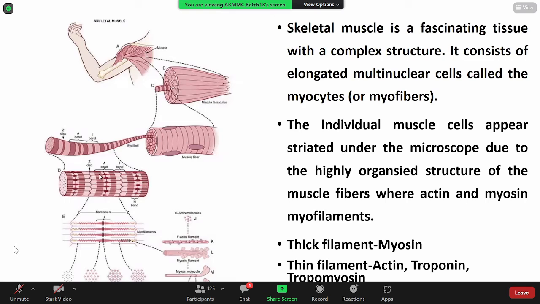Okay. So in the A band we have a dark part and a light part. The dark part contains the myosin filaments, and the light part contains the actin filaments. And here is the H band, where the actin filaments and myosin filaments overlap. Why is this dark? Because this is anisotropic to polarized light. That's why this part is dark.